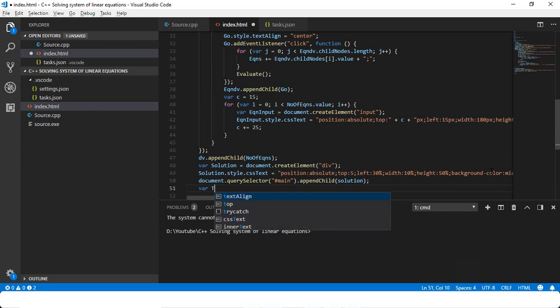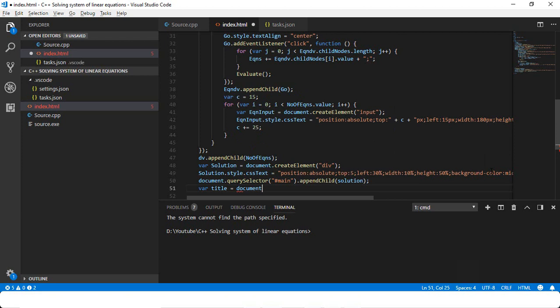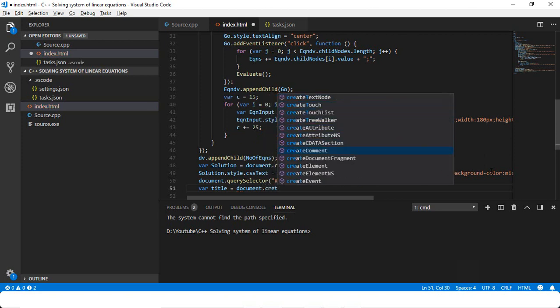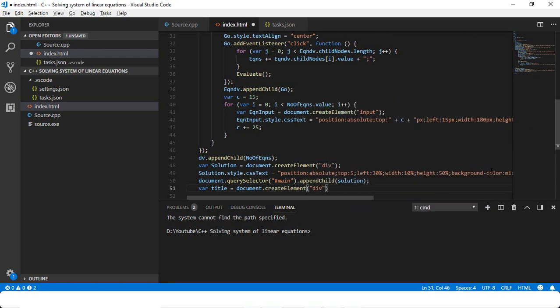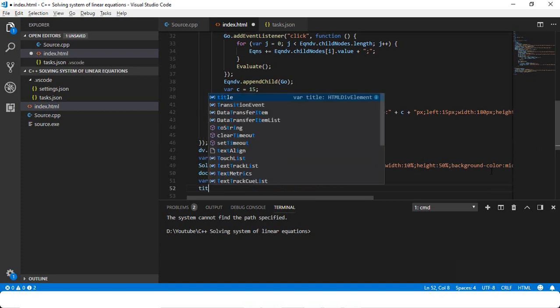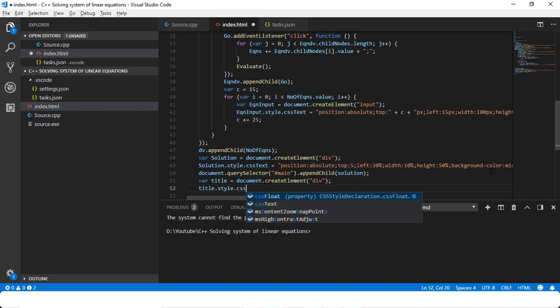And we can just add a title, a string on the top of the div, which is its text is solution. Let the user understand this is the div where the solution will be viewed. And document.createElement type div title, title.style.cssText is equal to